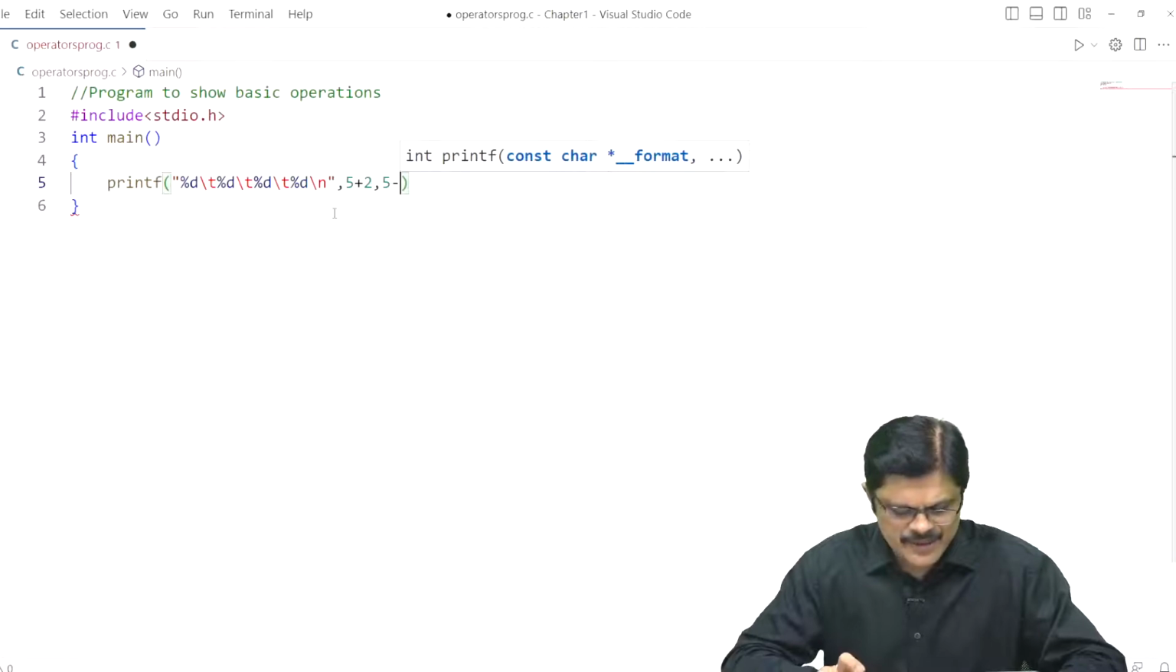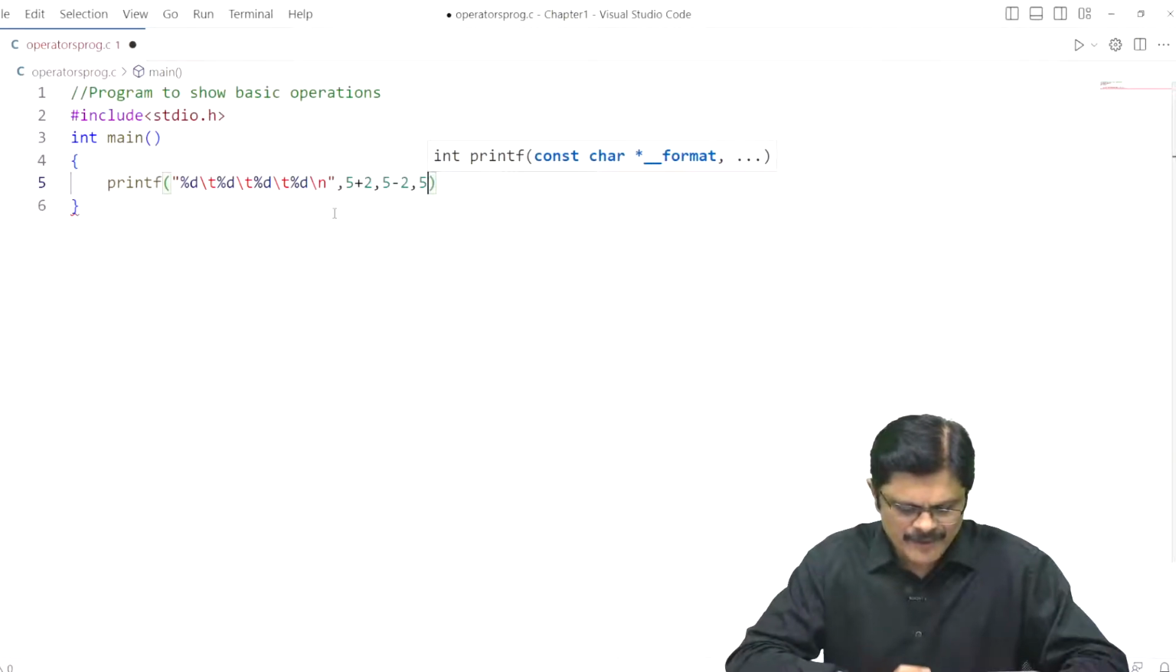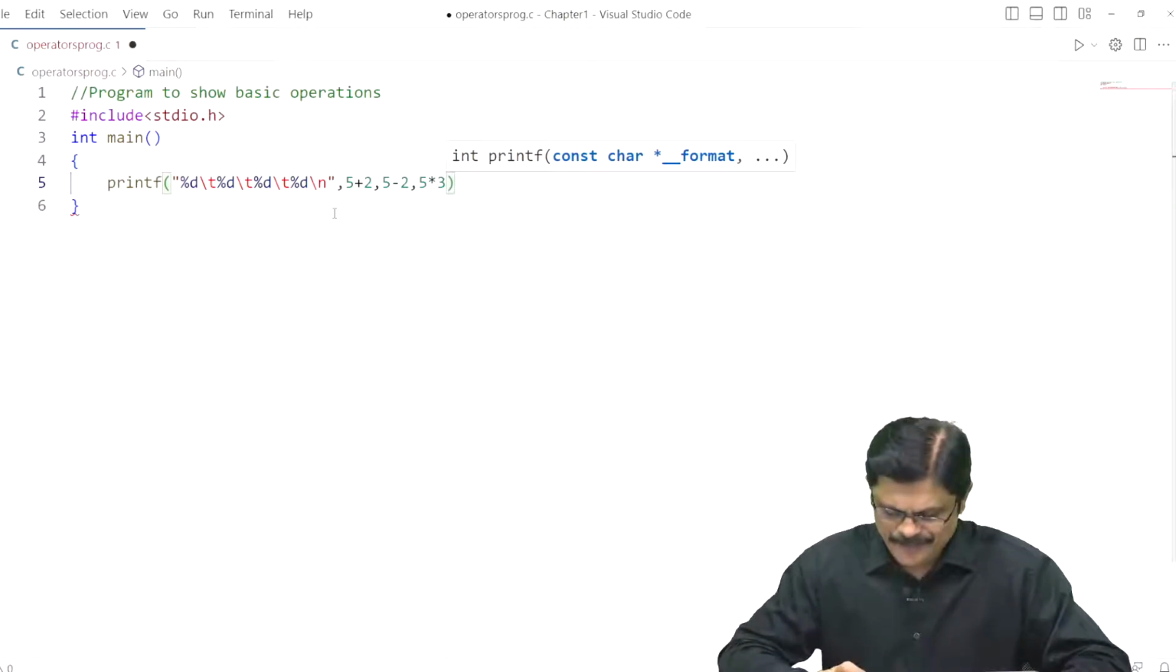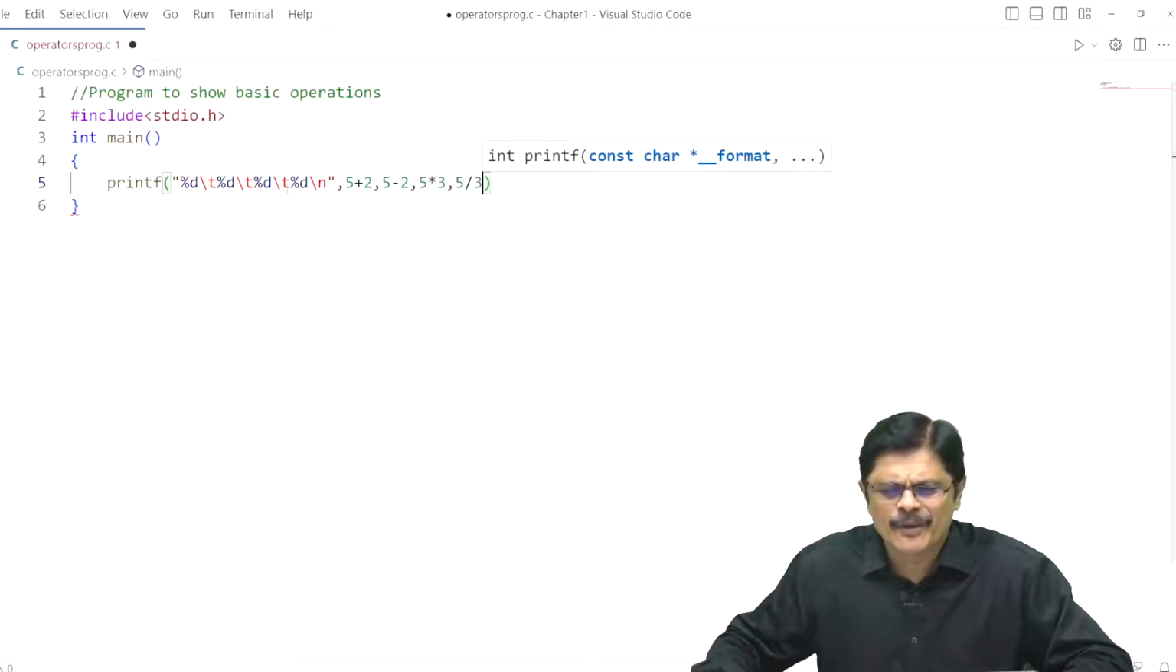5 minus 2, 5 into 3, and 5 divided by 3. You can write 2 or 3, whatever numbers you want. You can take different numbers if you want. Let us try same numbers. You can try different numbers, no problem. And we also have one more beautiful